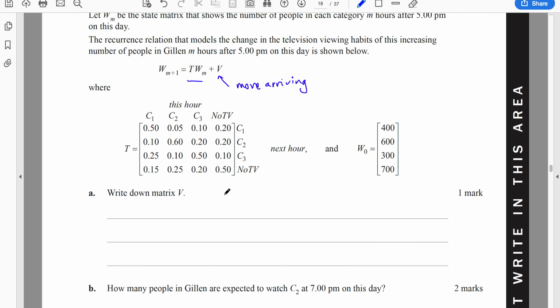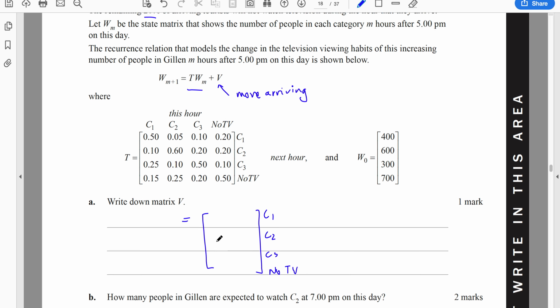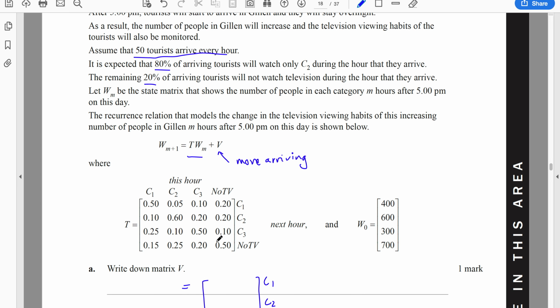So what's going to happen, and we're going to try and find V, is we're going to have 4 elements because we've got 4 different things happening here. We've got C1, C2, C3, and the no TV. Now what matrix V is doing is adding those people into the system. So if we have a look up here, just to get a couple of values in to start off with,